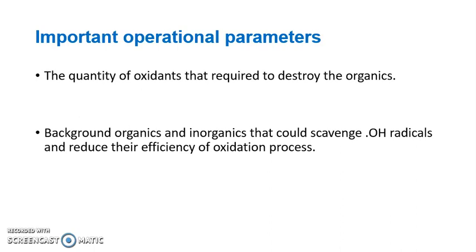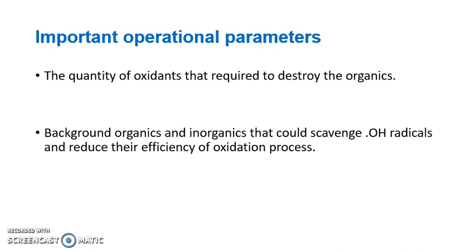So how much organic contaminant is present in the water, what type of organic contaminants are present in the water, what is the chemistry of water, because I'm going to discuss later that the chemistry and basically the water matrix, the type of chemicals that are present in the water, are going to influence the efficiency of